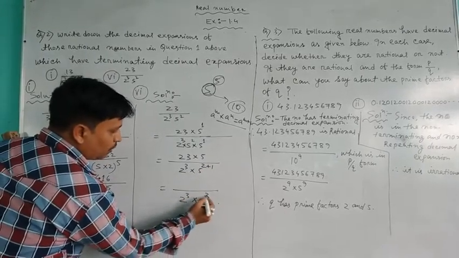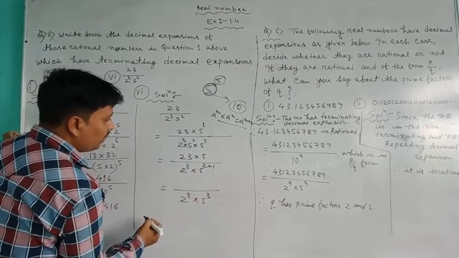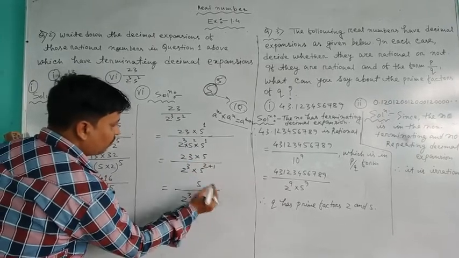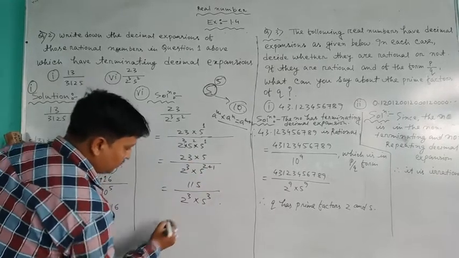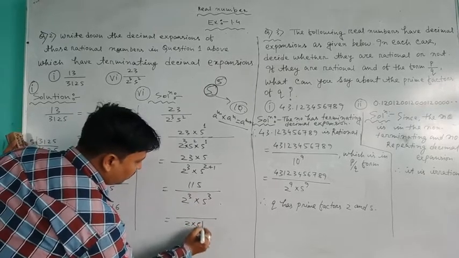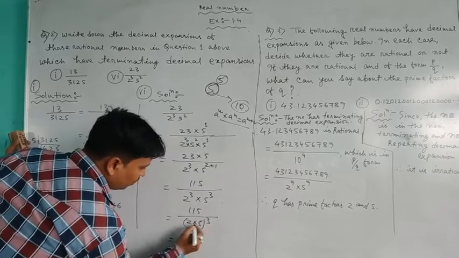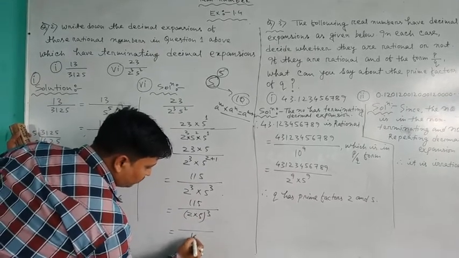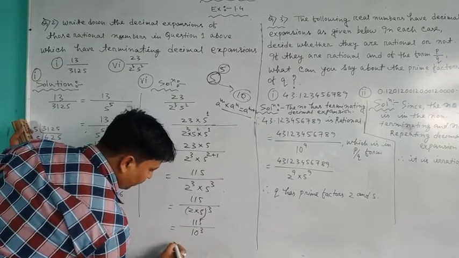Same power, both powers are the same, and this one is 5. 5 you multiply with 23, then you will get 3 5s are 15, 5 1 in hand, 5 2s are 10 plus 1, 11, like this. Then this one, see, just you keep this one as common power, 1 1 5, then 2 5s are 10, so 10 to the power 3, here same to same you write 1 1 5.